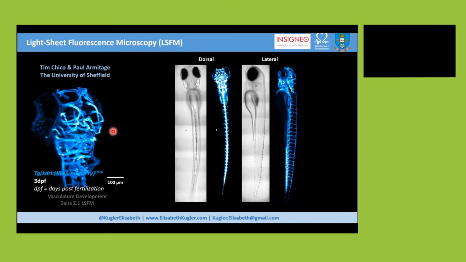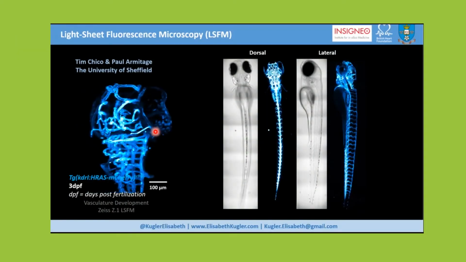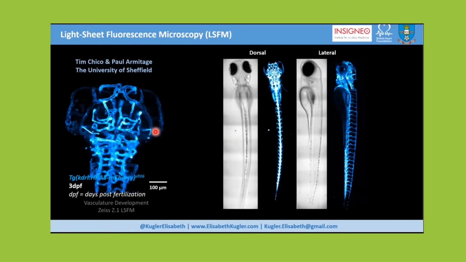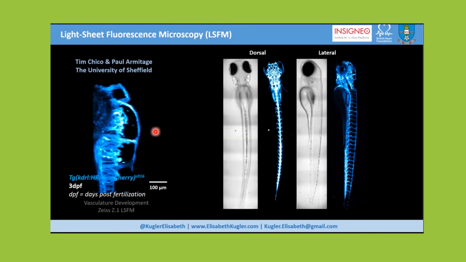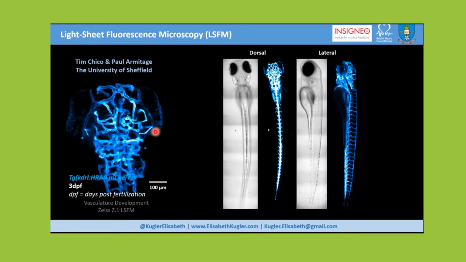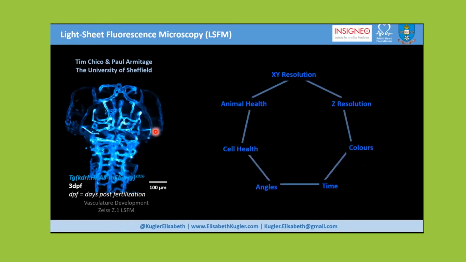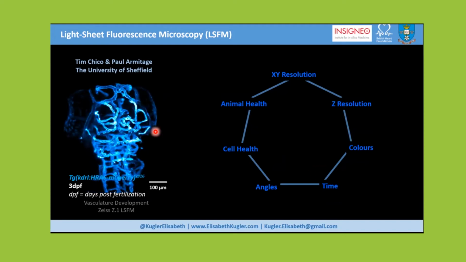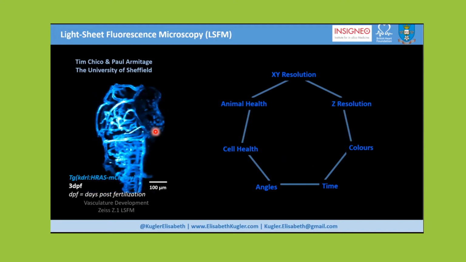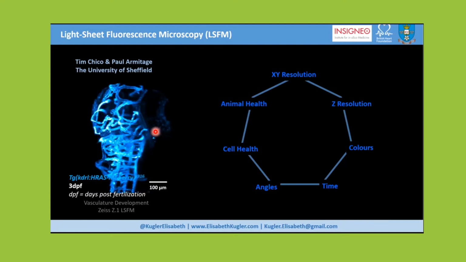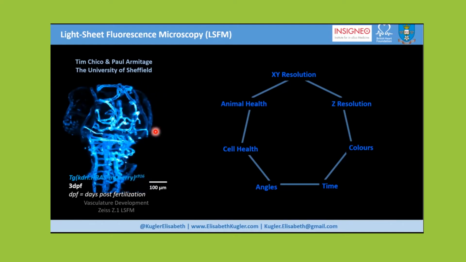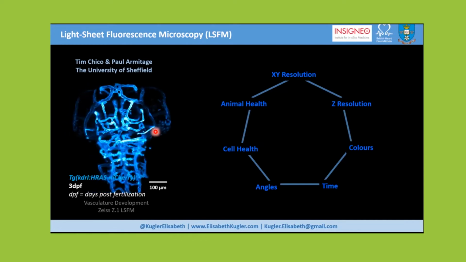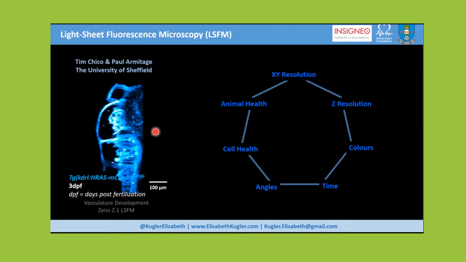So it's a very, very large field of view that we're interested in when we capture the whole brain vasculature in zebrafish. And so I spent a lot of time on this microscope, and a lot of different aspects were things that I needed to consider and spent a lot of time investigating. For example, what is XY resolution, Z resolution, colors, time, angles, cell health, and animal health, and how all of these together are really important to push the image quality and image properties to the standard that we needed, and having it in such a reproducible manner that we can study various different aspects of brain